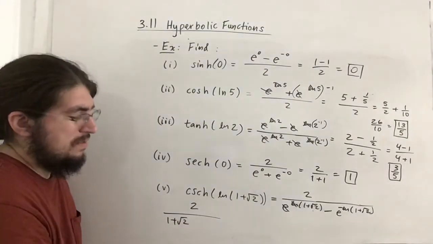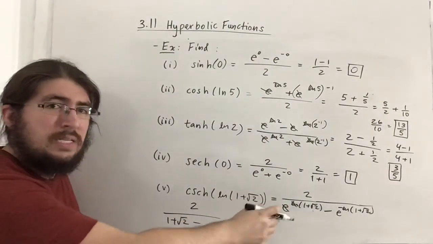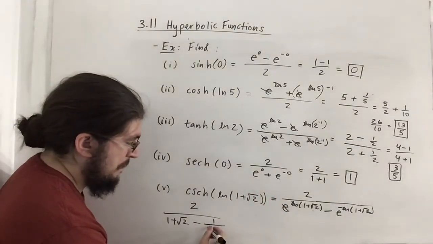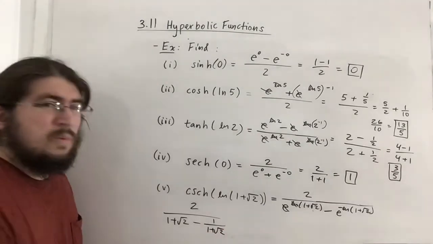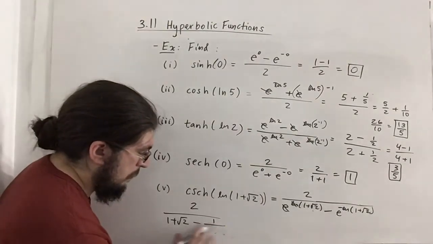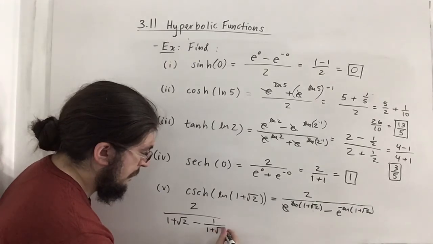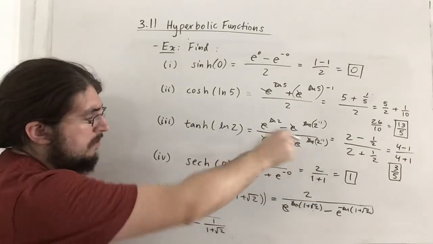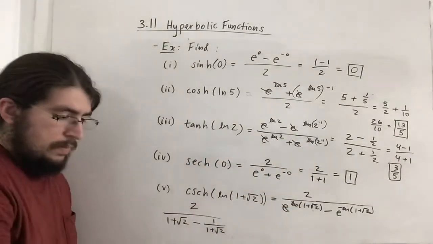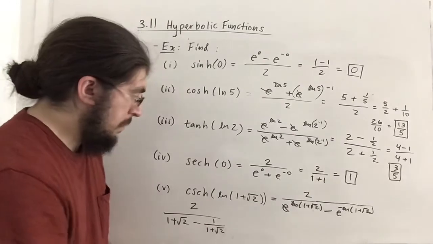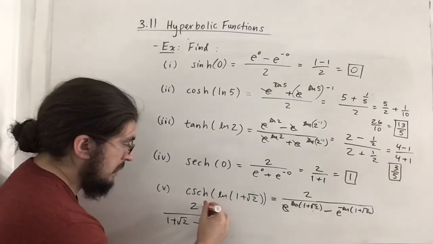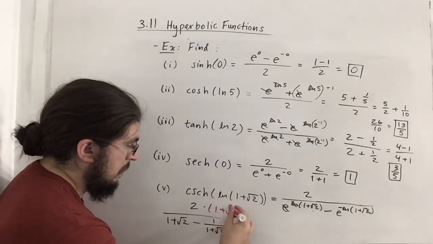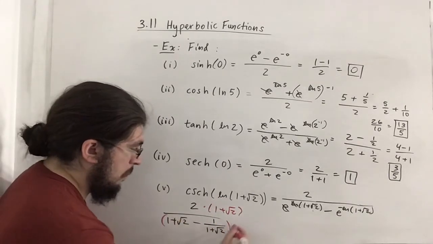And now we have minus the reciprocal of this, because when there's a negative in front of ln, remember you can bring it as a power, so you get this, which looks really weird. So it's 1 over 1 plus radical 2, just to be a little more clear about that. But notice what we can do is kind of what we did here, multiply top and bottom by 2 for the third example. So let me show you in red. If we multiply top and bottom by what's giving us this fraction in a fraction situation, which is the denominator here, 1 plus radical 2, so if we multiply top and bottom by 1 plus radical 2,